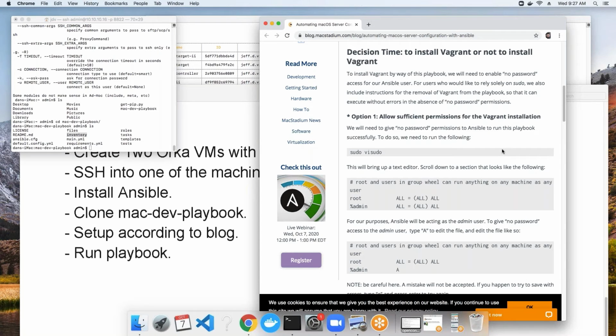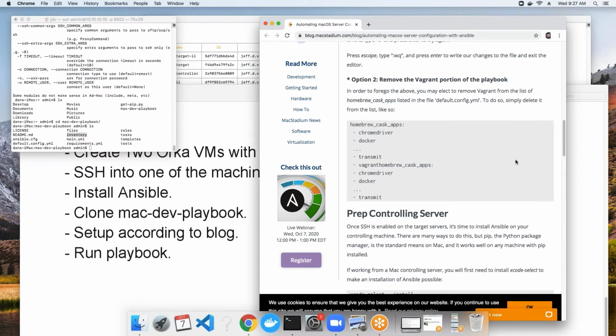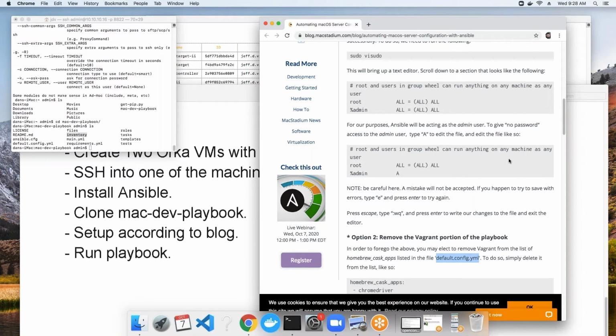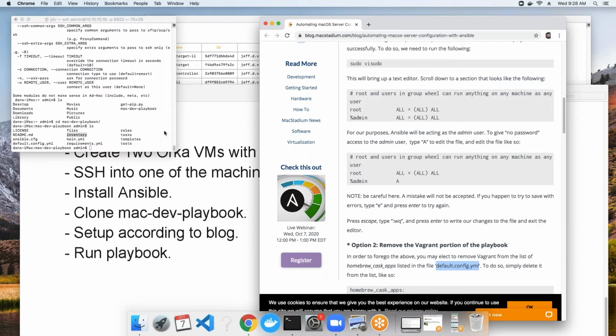Now, the alternative, I should say ahead of time, at least the alternative that I noticed, was just to remove that portion of the playbook by updating the default config YAML and simply removing that line. Just remove Vagrant from the line, and it seems to work just fine. It just ignores that. But if you'd like to install it,